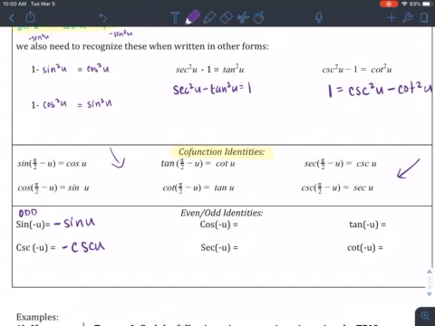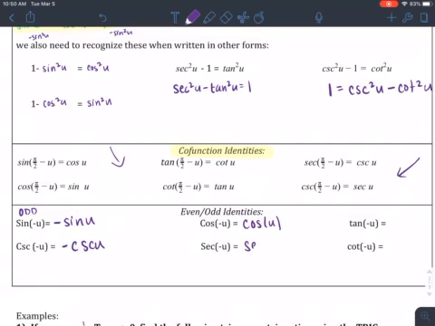Cosine is an even function, so the cosine of negative u is equal to the cosine of positive u, and same with secant, also even. Tangent is odd, so the tangent of negative u is equal to the negative tangent u. And cotangent is also odd, so the cotangent of negative u is equal to the negative cotangent of positive u. Okay, and those are